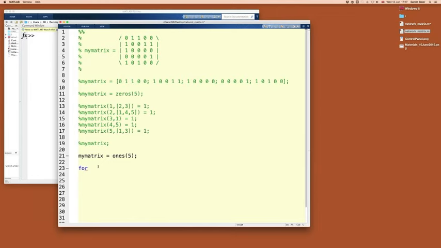Again, a for loop starts with for and ends with end. We're going to use a variable, say k, and say that goes from 1 to size of my matrix. It doesn't matter whether we take the rows or the columns because it's the same, so I'm just going to say my matrix, 1. And now, for each k, we need to say my matrix, the kth row and the kth column. So the element that corresponds to the kth row and the kth column, so this is all the diagonals, is equal to 0. And finally, I'll just output my matrix. So if I run that,